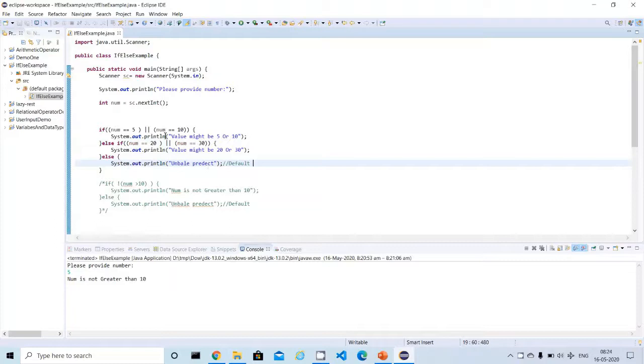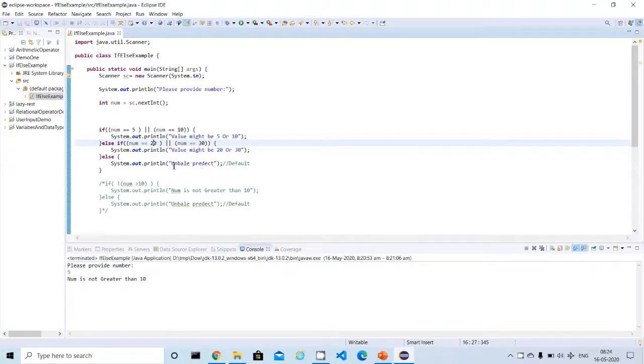So what we are trying to understand here is, first, we check whether any one of the left or right side conditions is satisfied, and I'm going to print this statement. Similarly, in the else also, with different values, I'm going to check an OR condition, either 20 or 30. If any one condition is satisfied, I'm going to print the value. If both conditions are not satisfied, then I'm going to print the value unable to predict.